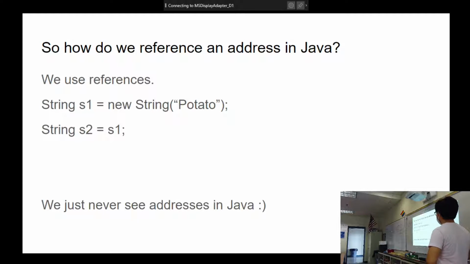Java does this. So we have string S1, similar to rectangle, where I would say this is potato. S1 equals this, right? But then I create S2. And S2 would not just be a pointer to this, it would be a reference to the copy of potato. Because Java is a pass by value language, we have to pass the value into this new piece of data, and we're copying it. Make sense? So we never see addresses. We can't see addresses in Java. We might be able to, but I can't figure out a way yet.